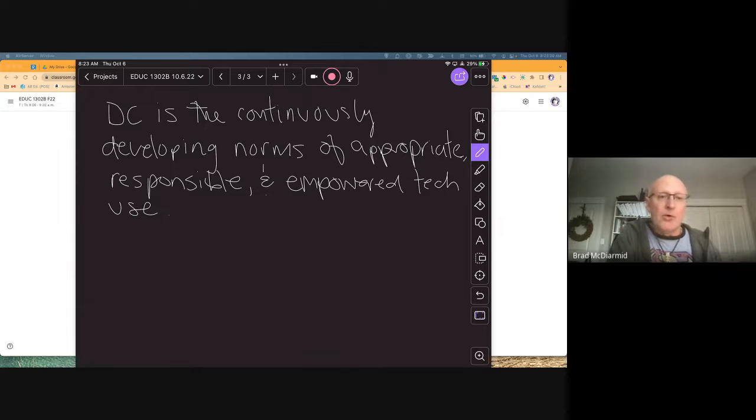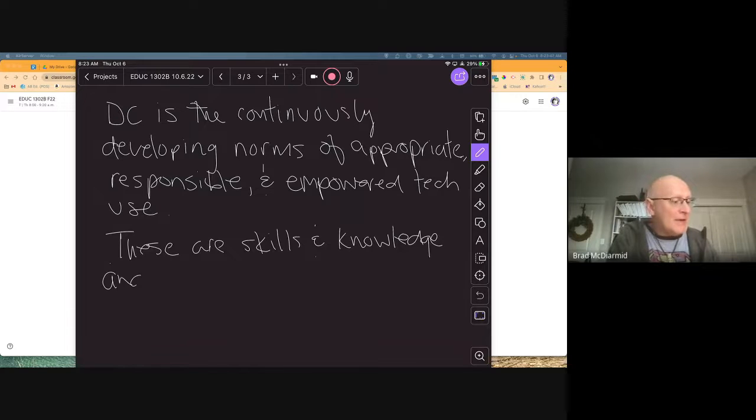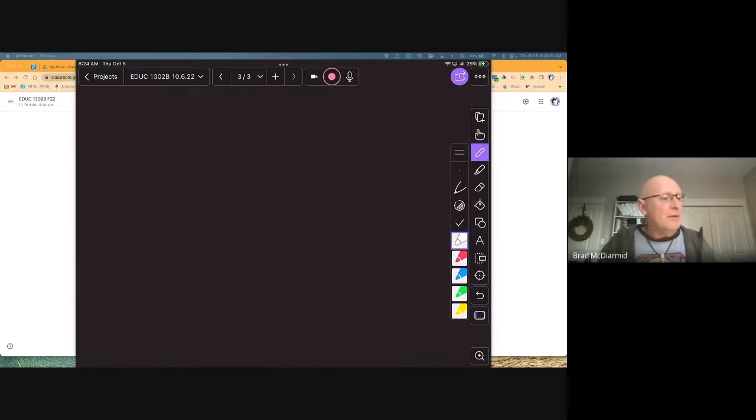So when we talk about these norms and these skills and things that we're talking about, we're going to say these are skills, because they are skills. These are skills and knowledge. And I'm going to say, and attitudes. And then I'm going to say something about that. Attitudes. As you have worked on your lesson plans, one of the things that you might have noticed in the curriculum, I'm just going to make a new page here. You don't have to write this down. It's kind of just a little aside, that you'll notice that curriculum is divided into KSAs. And you'll hear people talk about that in schools, right? The KSAs, right? Knowledge, skills, attitudes, right?